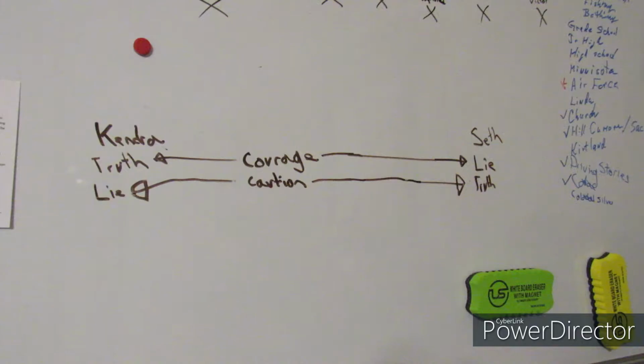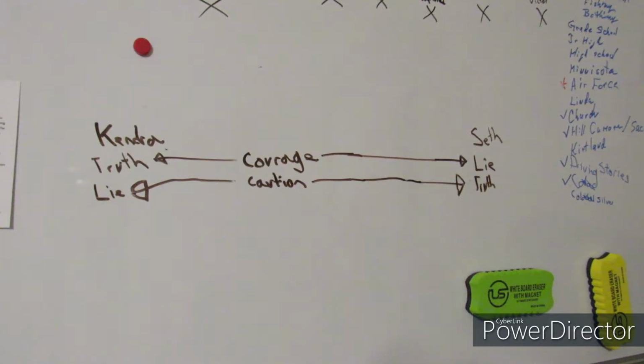So, the basis for twin arcs is that there are 2 characters who have a combination of a flat arc and either a positive change arc or a negative change arc. And this is going to sound a little confusing, but hear me out. One's lie is the other's truth, and one's truth is the other's lie. Let's go into a quick example.